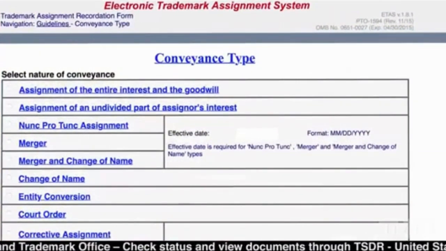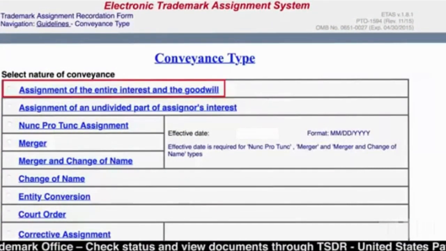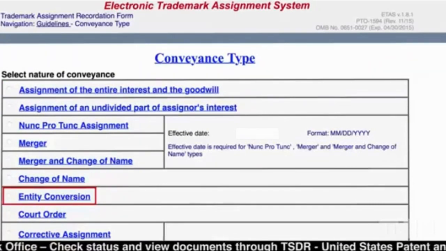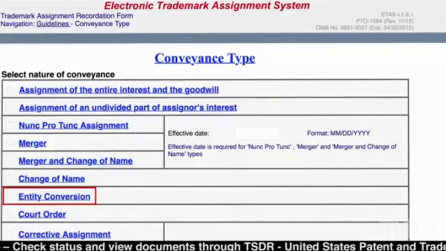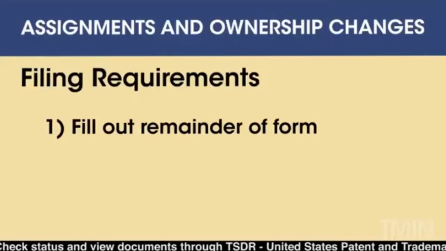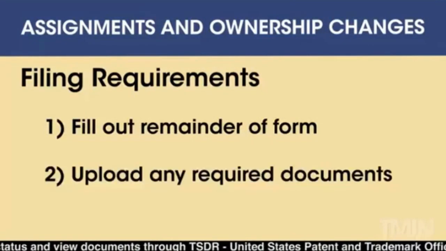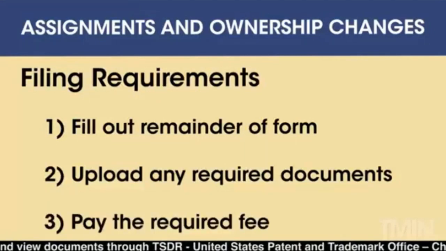Simply choose the appropriate ownership change from those listed on the ETAS page. For example, it might be an assignment, a change of name, or a change in entity type, called an entity conversion. As required by your selection, you will fill out the remainder of the form explaining the nature of the change in ownership, upload the document that evidences the change in ownership, if one is required, and pay the required